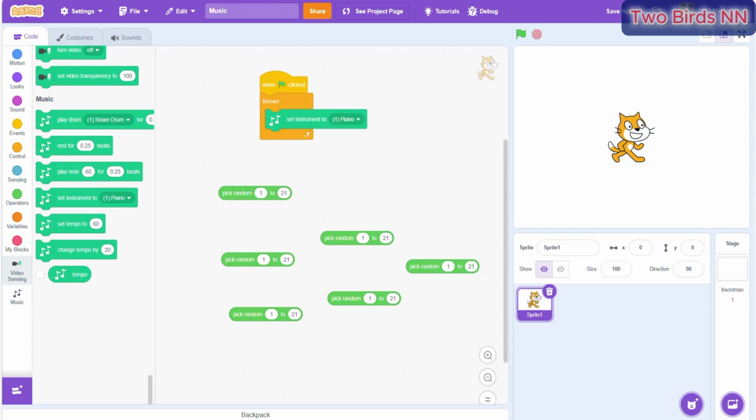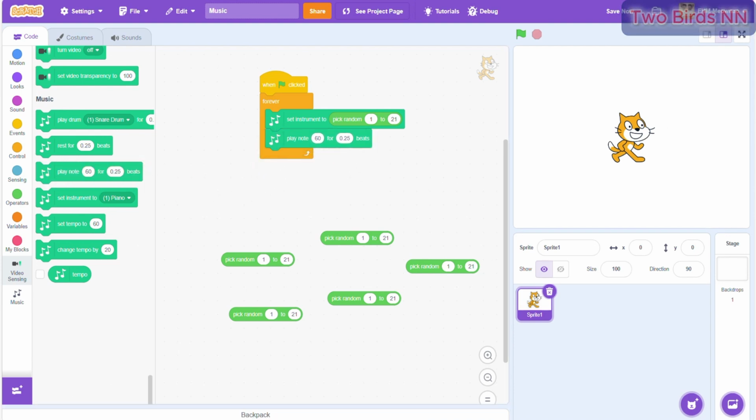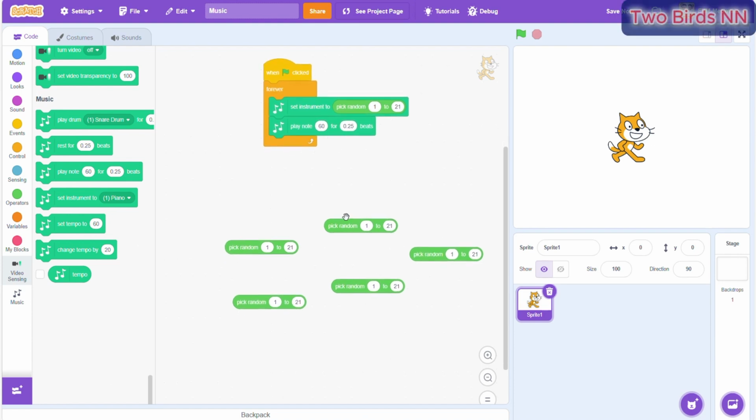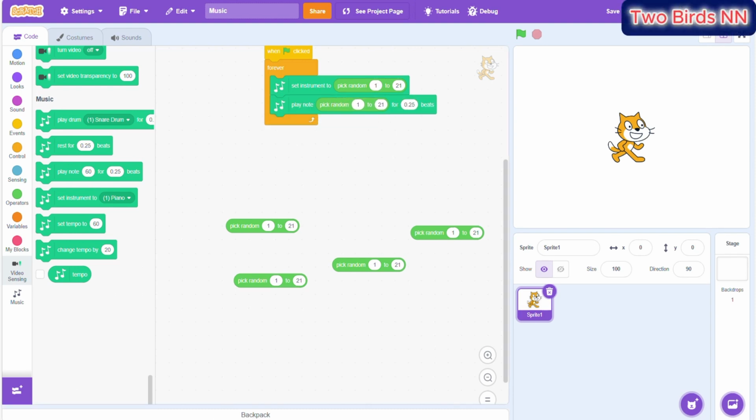Set instrument. 1 circle. So I put this. 21 instruments, so 1 to 21. And then play note 60 for pick random 1 to 130